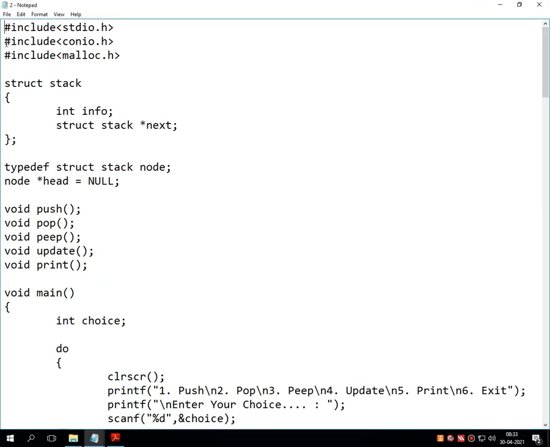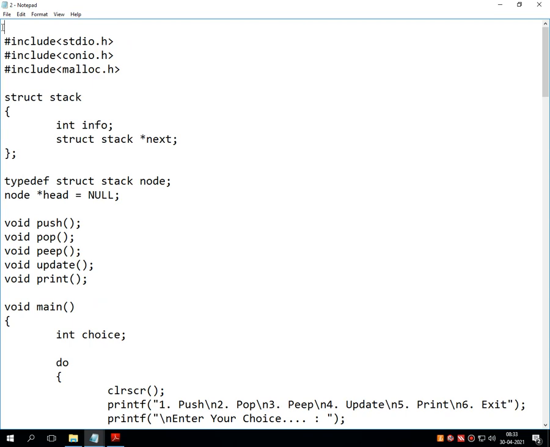This is the code. Definition would be like this: write a program to implement operation of stack using pointer.